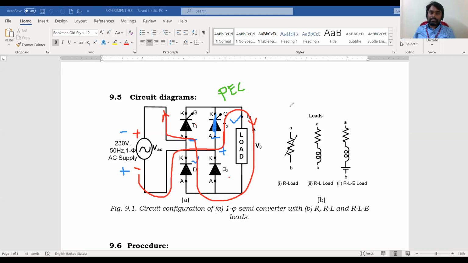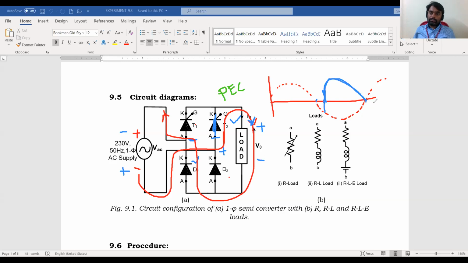Now again, if you want to see the input waveform, let me draw the input waveform with a dotted line. Now we are triggering T2 at this particular point. So you will get the output voltage across the load from this point onward. You may have a doubt how this negative pulse is converted to a positive cycle. You can see the direction of current. It is always entering at this particular point, which is positive with respect to the input source. So it is converted to the positive side, and you are getting this portion.